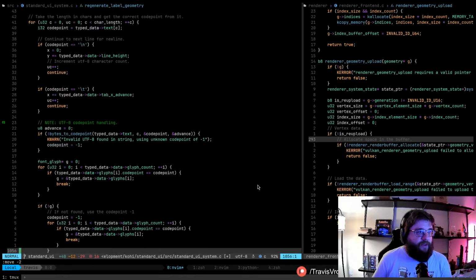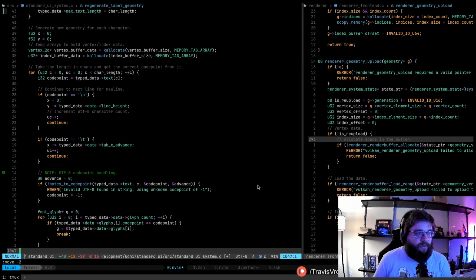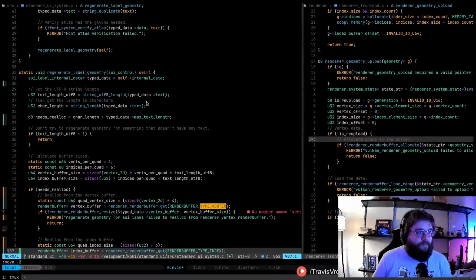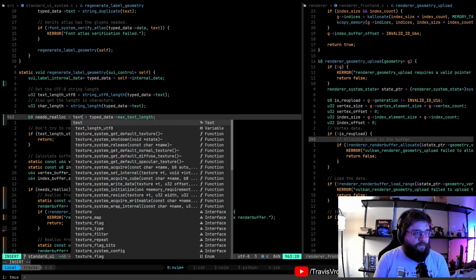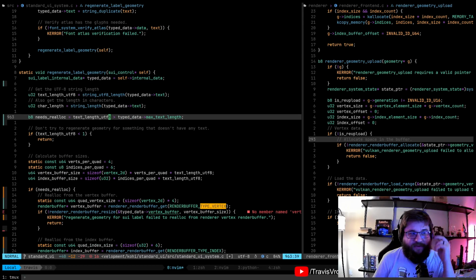Yes, we should be using the UTF string length for this. So actually, that would have been kind of a gross bug. This should be text length UTF-8. And the reason for that is because we have multi-byte characters, and we actually want the final character count to represent how much geometry we need, right? So if we have a multi-byte character, we don't want to generate a piece of geometry for each one of those bytes. We want to generate a piece of geometry for the combination of those bytes. So the text length UTF-8 is actually what we want to use for our max text length.